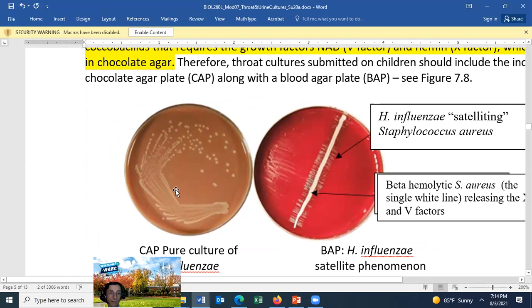Anyway, Haemophilus influenzae can grow on chocolate agar. When we streak Haemophilus influenzae here, there's no growth because it cannot lyse the red blood cells. And if it doesn't lyse the red blood cells, you can't get the nutrients from the red blood cells. So Haemophilus influenzae cannot grow on blood agar unless you put a streak of Staphylococcus aureus on the blood agar